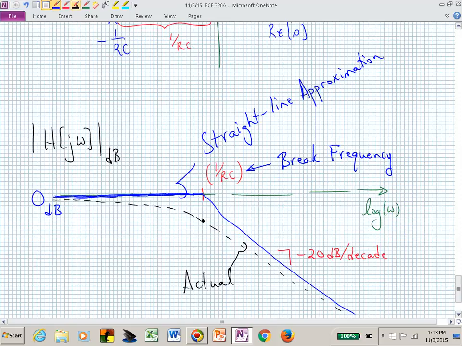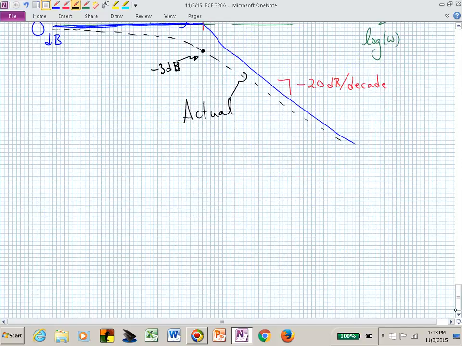Have you heard of what happens at the break frequency in terms of your magnitude, how much it's going to be down in dB? 3 dB down. So this is actually the minus 3 dB point. That's the actual magnitude, and where that's coming from is if you now look at h of